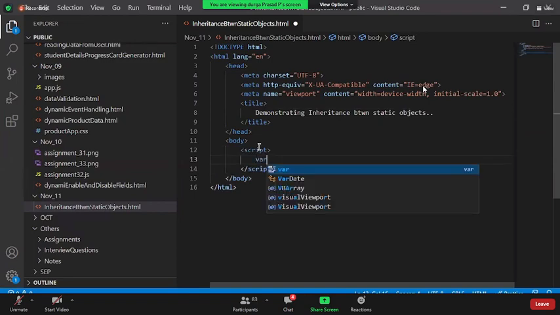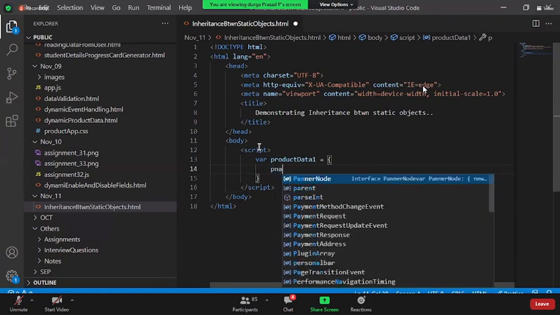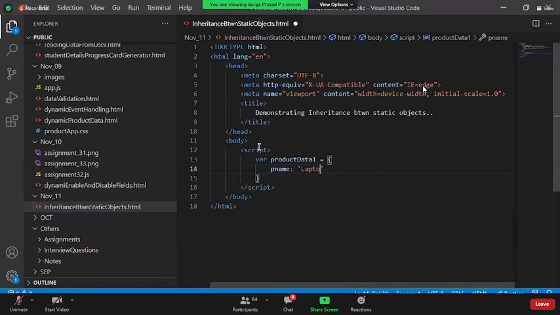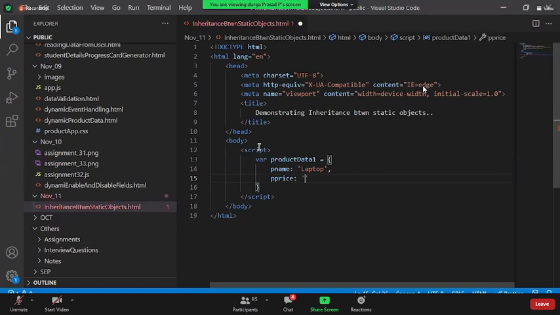Let me create a very simple data here. Okay, let us say some product details here. Okay, so where product data one is a simple JSON object. Under that I have the product name, say something called some laptop. Okay, I say product price, something like $300. I say manufacturer, say some Sony.